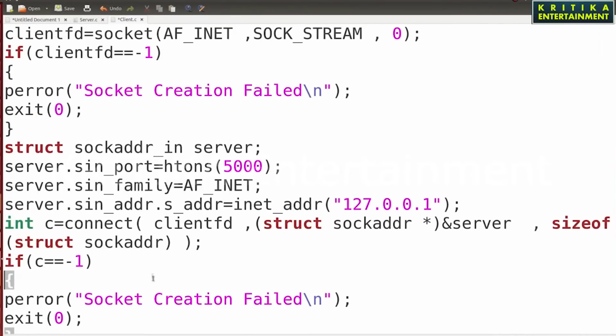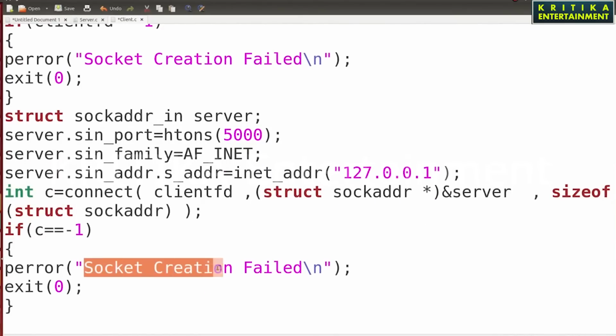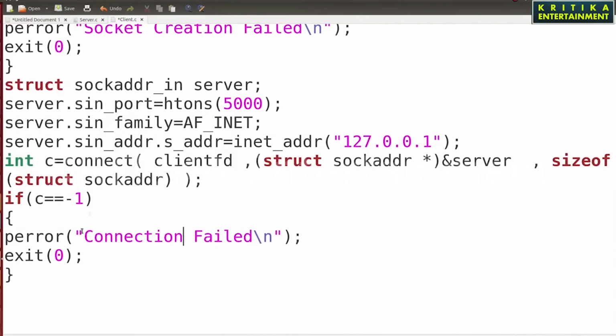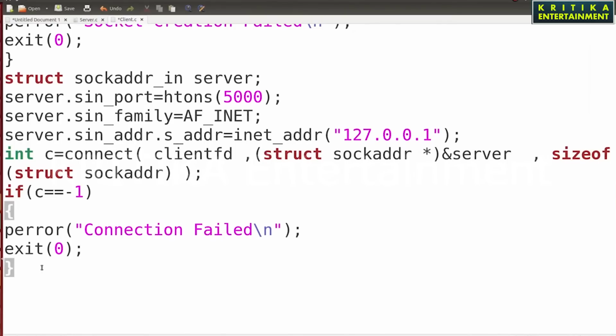Here write, connection failed. Then now I am not going to write much. Here I will compile and check until the program is made.